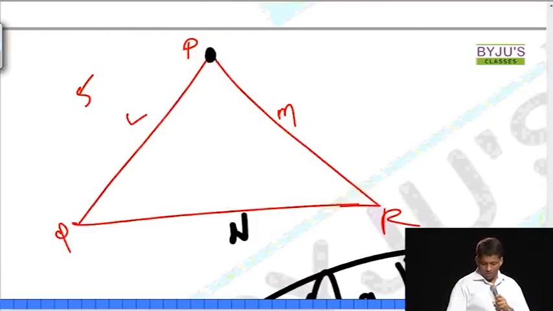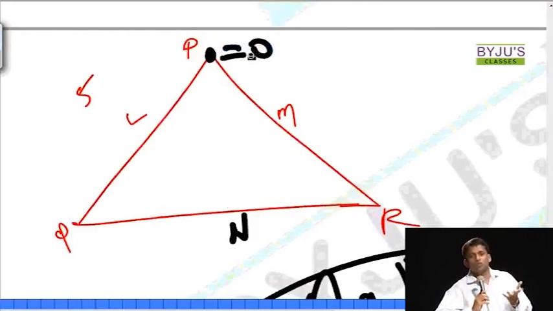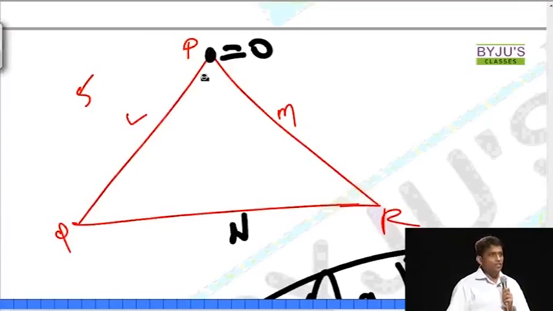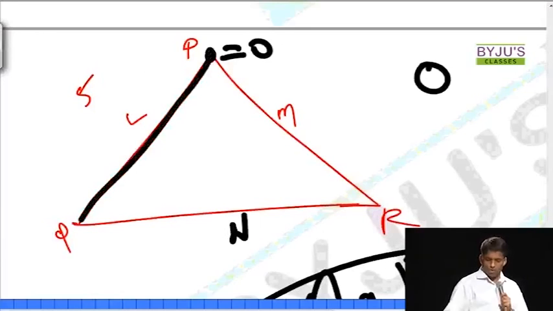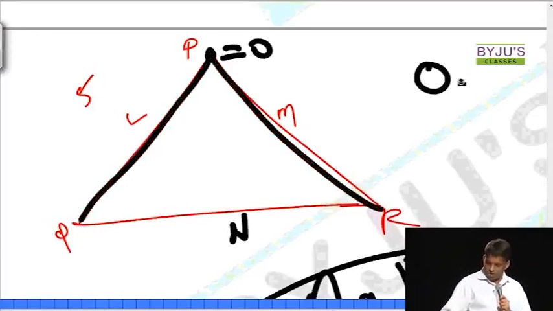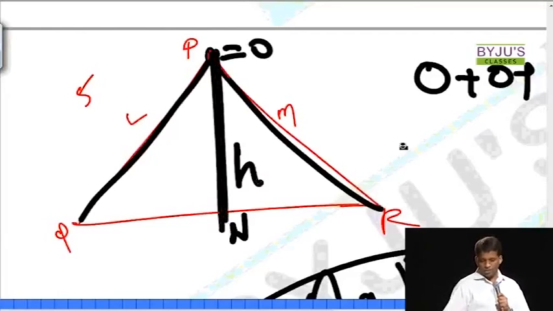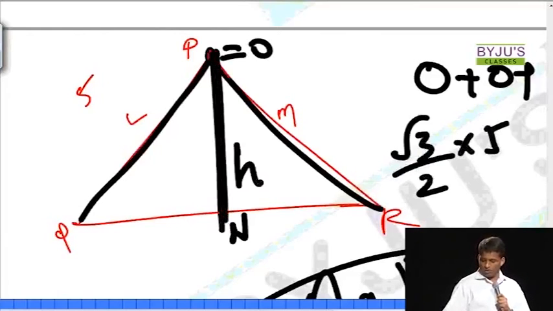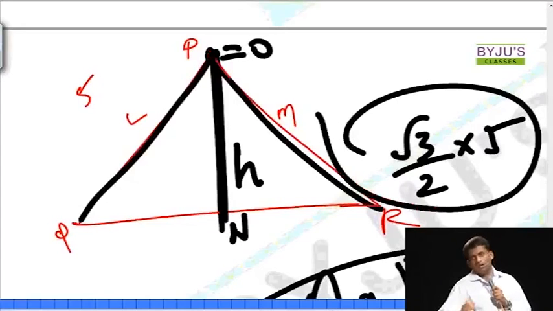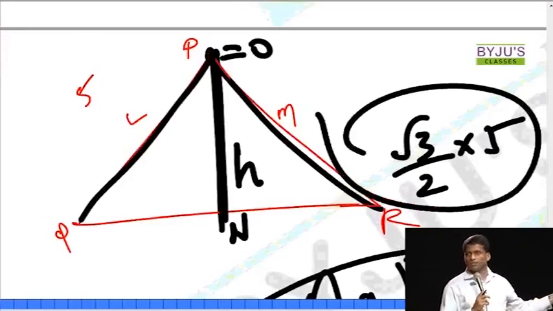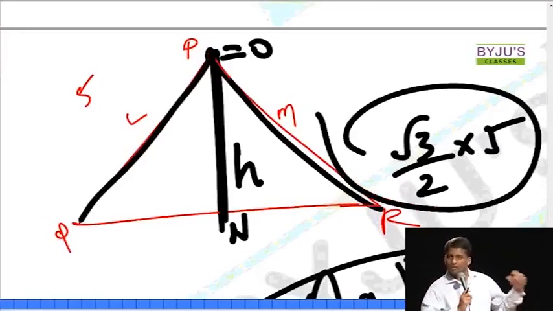So the best point to be taken is P equal to O. Finally, you always ask the question in words. What is the question? You need to find the cumulative distance from this point to all the 3 sides. Now, this is a point on this line, so there is no distance, that's 0. It's on this line also, so that's 0 plus 0. And to this side, we know this is a standard distance. It's called h. And what is h? Root 3 by 2 into side. This is 100% faster than the guy who's making a paper, if you are solving like this. And don't tell me it's difficult to think like this. There's nothing to think.